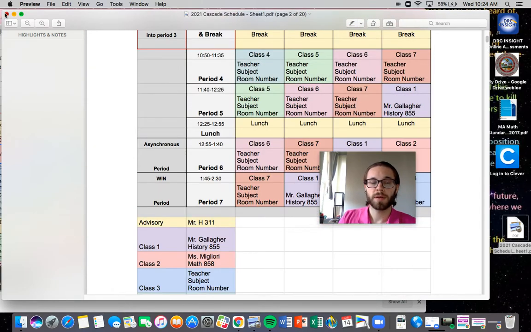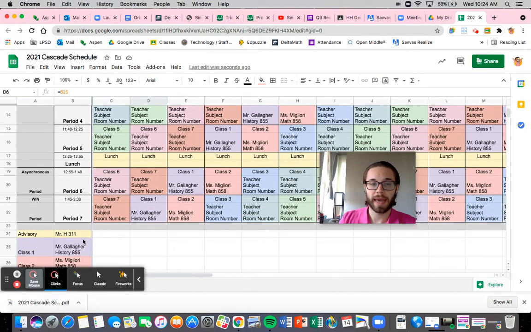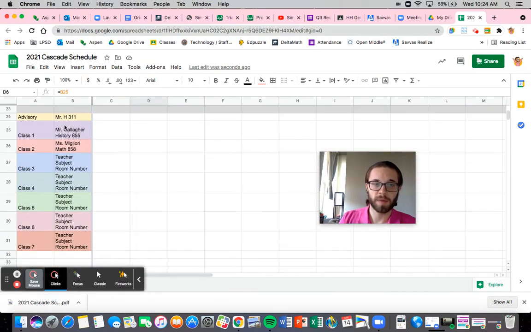So that should cover all the information that you need to know for creating the spreadsheet. Again, all you are going to be filling out will be these 8 cells right here. All right, so that is all you are going to be saving, editing. Everything else you should not be able to edit.